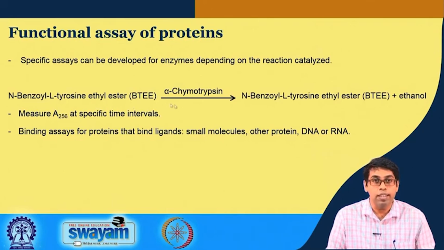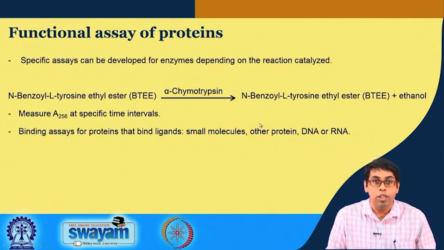This assay uses that property of alpha chymotrypsin, and it cleaves the peptide bond between an N-benzyl group and a tyrosine. So, we have this tyrosine followed by an ethyl ester. It cleaves the bond after the tyrosine and before the ester. If we add this, what we get is N-benzyl tyrosine plus ethanol,